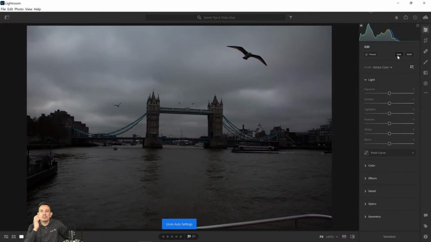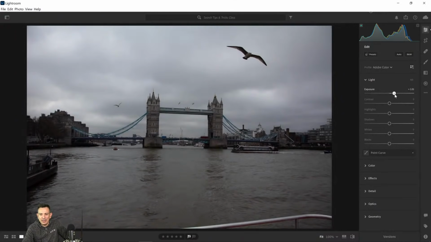Now, maybe you're someone who does know a little more about how to use these sliders and you can start adjusting them on your own, but then you might get stuck with a slider and you don't necessarily know what to do. You don't have to darken or brighten the shadows. So what you can do is hold the Shift key on the keyboard. The Shift key is the same on both Windows and Macs. And notice that when I hold the Shift key, the